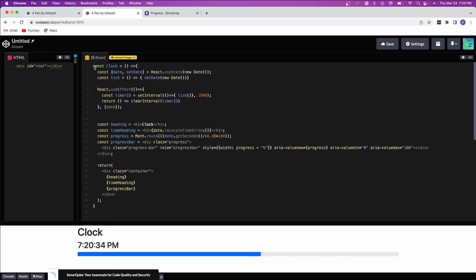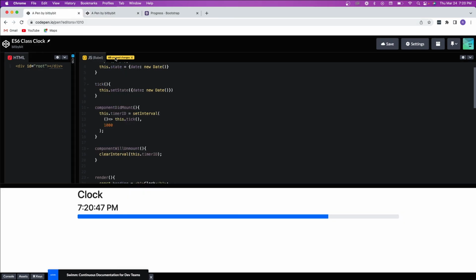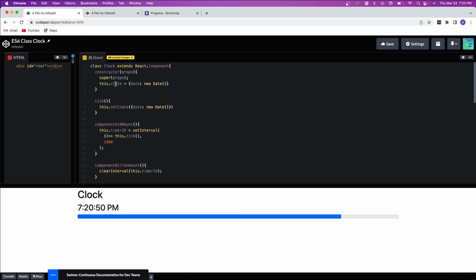So this is the hooks clock. We'll call that the functional hooks clock. And then you can see here that you have to use a bunch of places in here where you're referencing this,